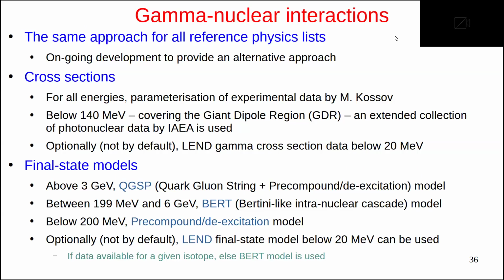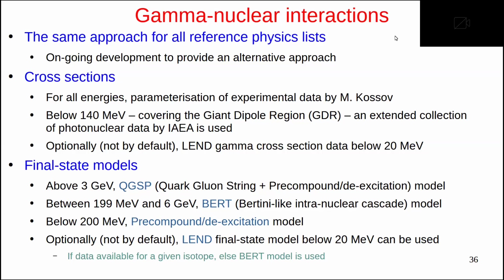Currently in Geant4, essentially, we have the same approach to gamma nuclear interaction for all physics lists. So a question that we often get is, I try different physics lists, but I see the same results everywhere. Yes, it's true, because we have only one possibility, which is used for gamma nuclear everywhere, basically. However, there is an ongoing development, not yet ready, so not yet available, unfortunately, to provide an alternative approach to